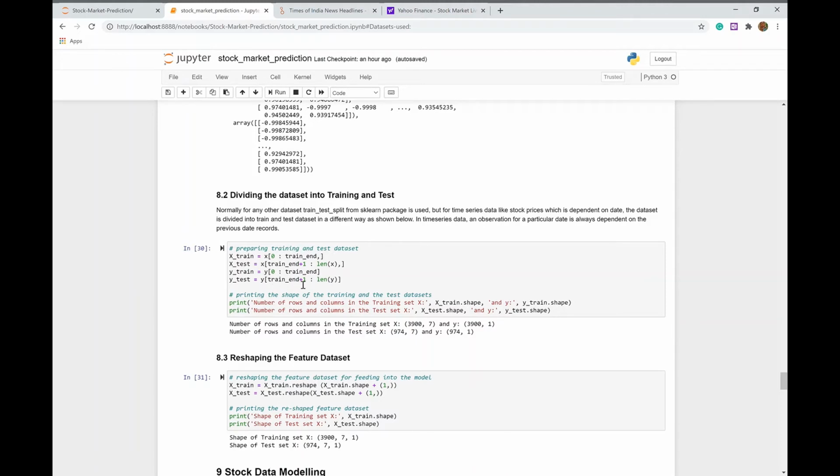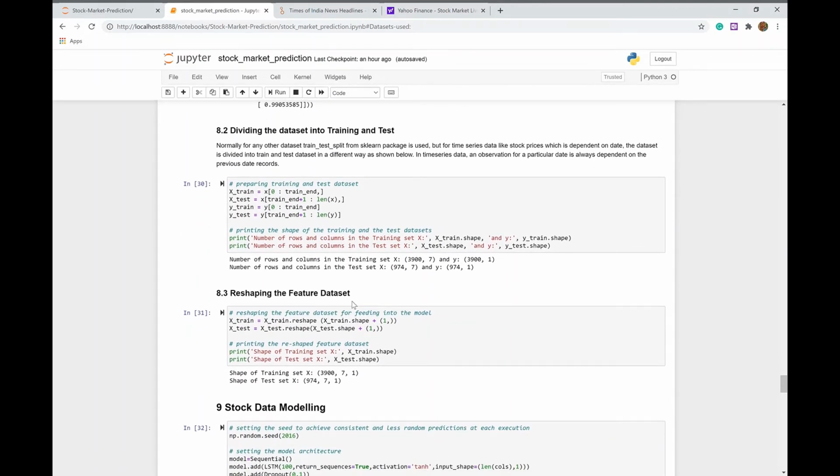This is the way I've used here to divide it into my X train, X test, Y train and Y test. I have not used a package from sklearn, but divided my data set using indices. So that's how I divide my data set into training and test.